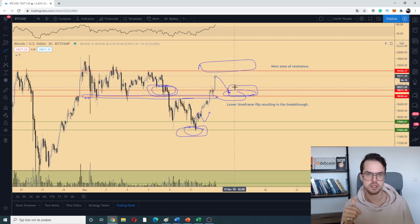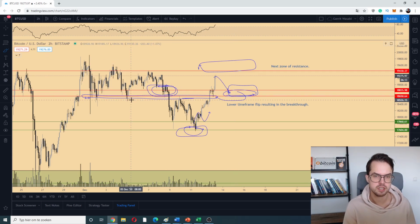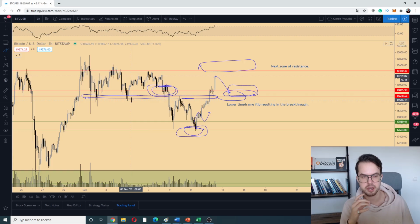Now it's flipped towards becoming support again, through which we are back inside this range and going to start taking the all-time highs, and probably make a new one, and take the liquidity above there. So from resistance crucial breaker to support crucial breaker, and 19.4 to 96 is the crucial resistance to break through